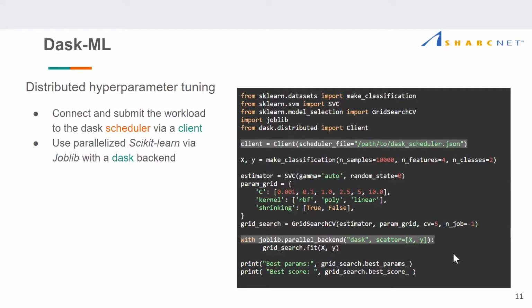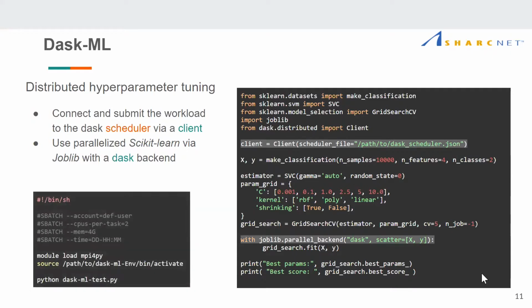So not too much change, just adding these two lines, but of course you need to import this library as well. Okay. You can either submit such a job to the Slurm queue or run it on a compute node through an interactive session. So here is an example